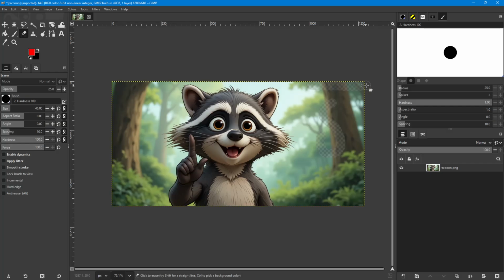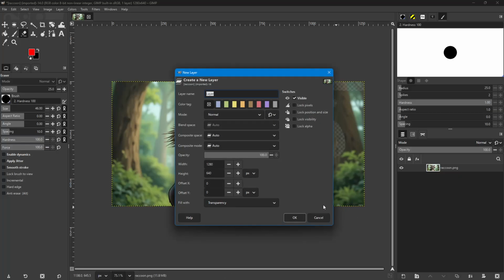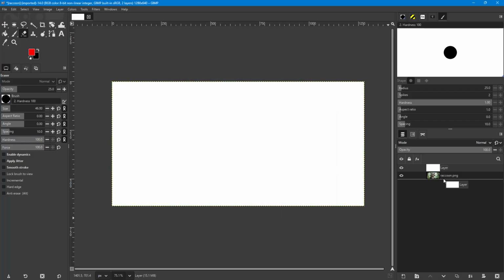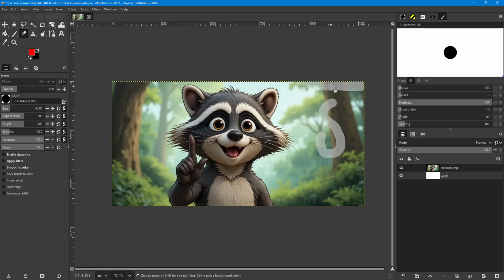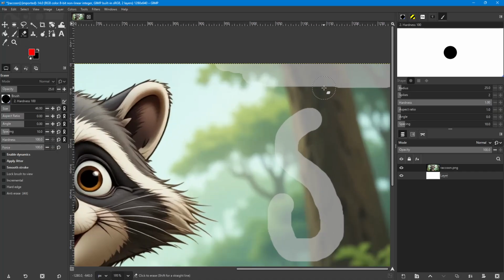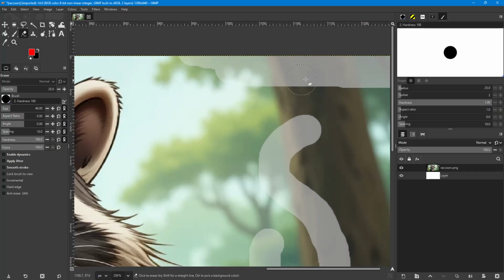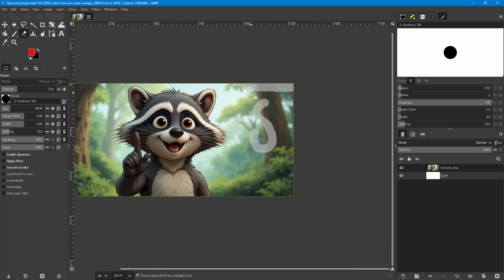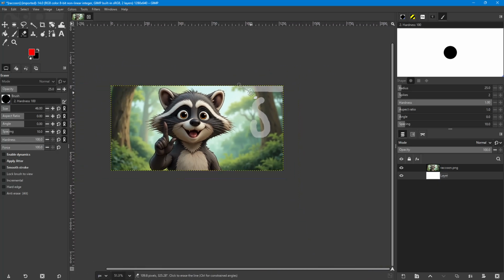So like if I wanted to, you can still kind of see that tree, and if I put another, let's fill it with white, let's create a layer and fill it with white and drop it down behind, you can see that there's still a 25% opacity on that tree and its leaves. So you can partially erase and you can partially, I'm going to turn this back up to 100, but